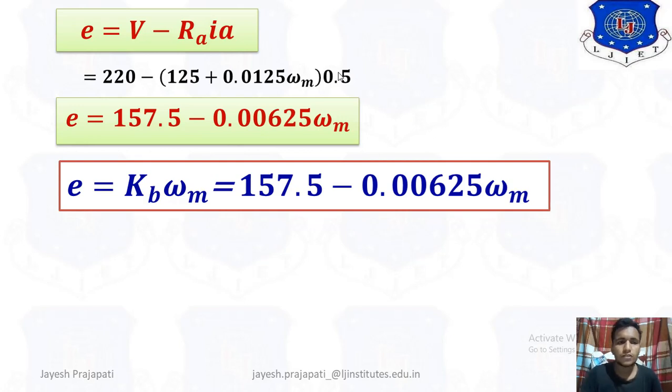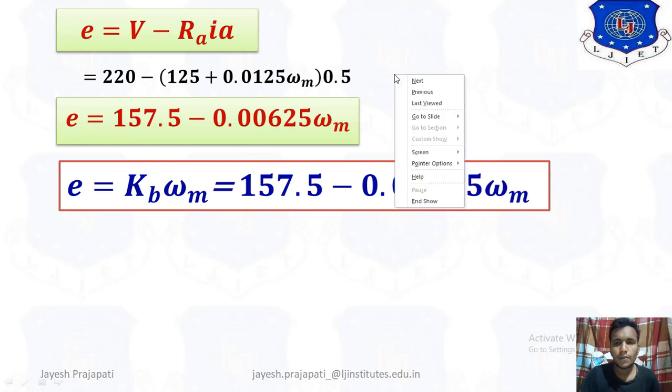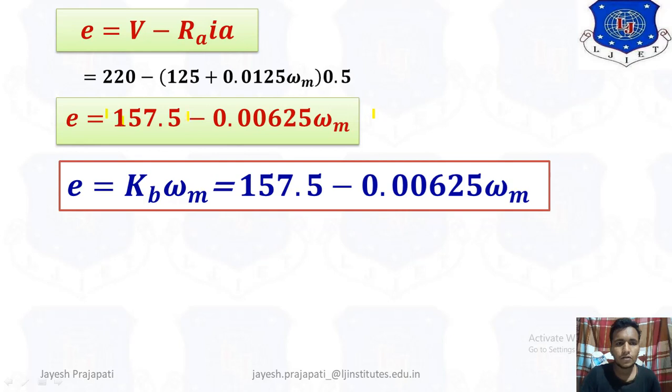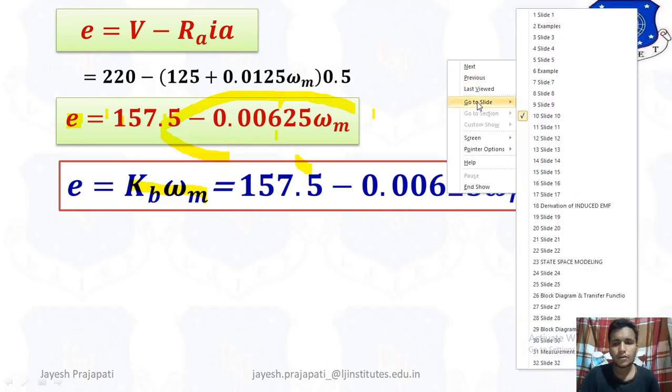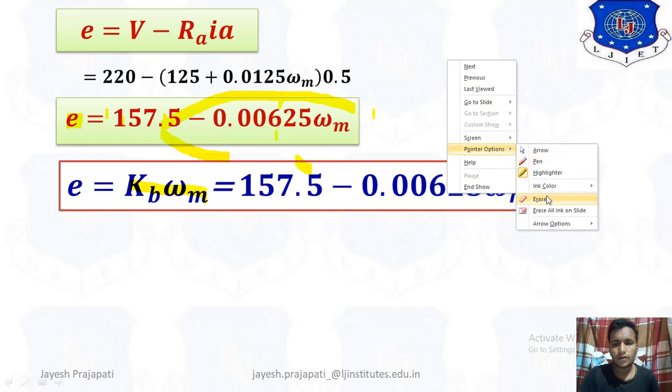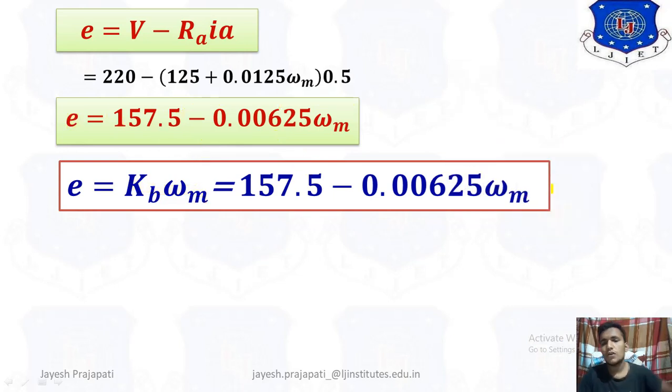So we write down this equation. E is equal to Kb into omega m is equal to this whole equation, that is entered here, that is 157.5 minus 0.025 omega m. Now we know that the Kb value is equal to 0.8. So we write down here